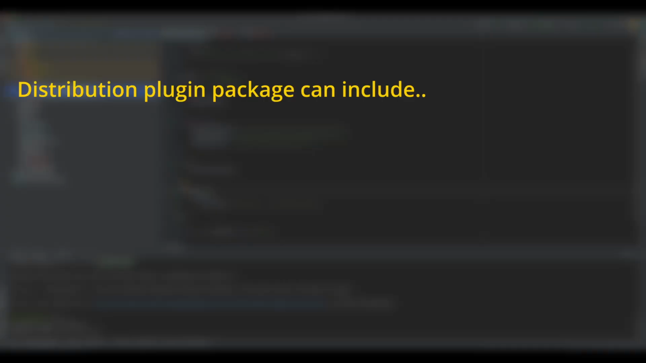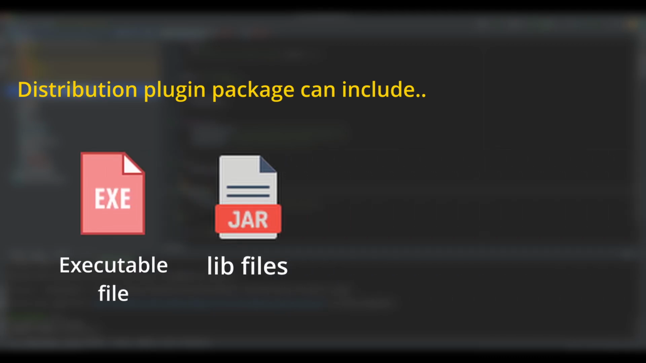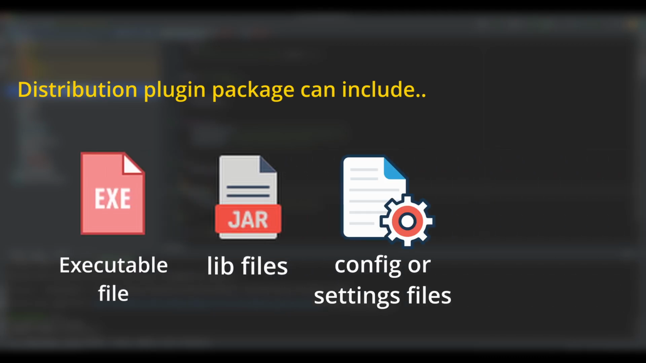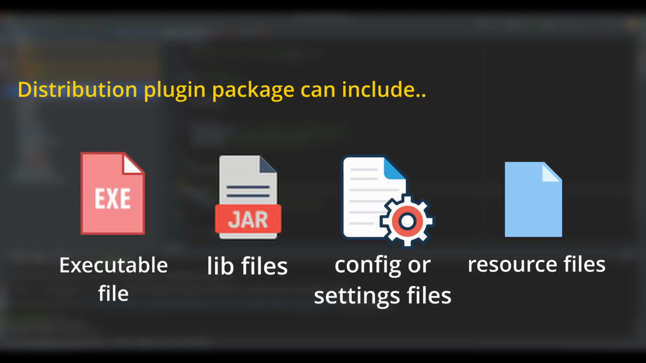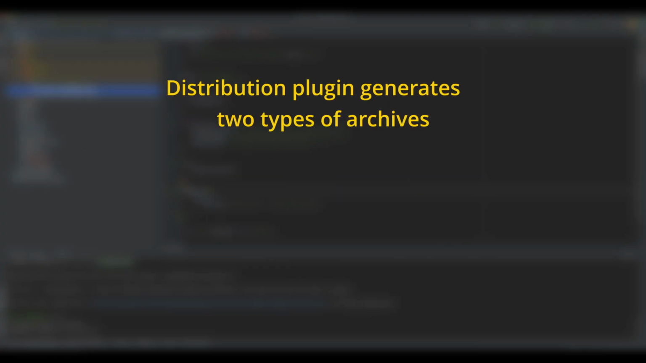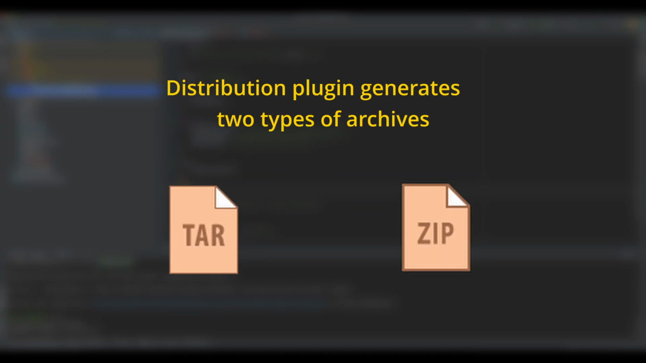So to package the application with all the required files, we will have to use the distribution plugin. This plugin can create an archive containing binaries, libraries, configuration files, and other resources. The distribution plugin generates two types of archives, tar and zip, using the dist-tar and dist-zip tasks respectively added by this